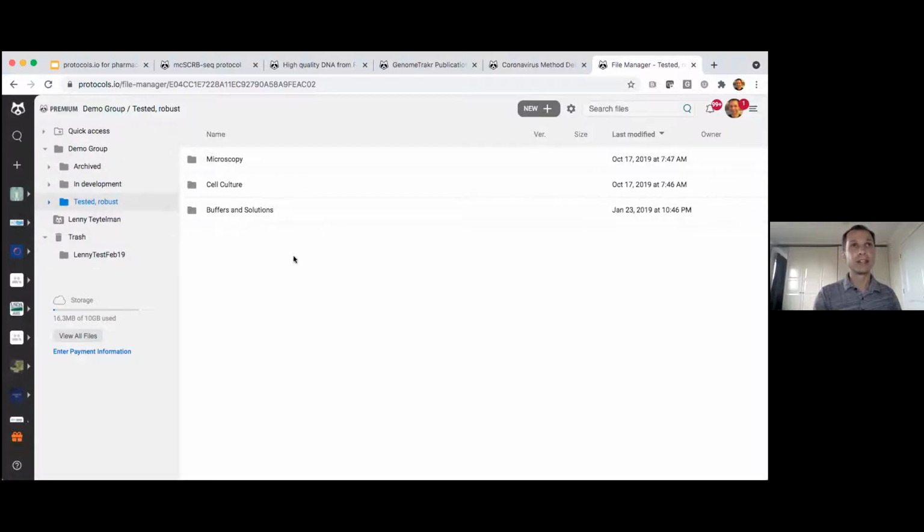And again, this is just to highlight, this is the place where you organize the protocols in a central location. You know what's where within your team. And if someone leaves, the protocol is not leaving with them or getting lost on their laptop. Whether or not the person is there, the protocol remains in the same location where you can find it. It's versioned, you know what the most recent variant of it is. And you can go back and forth between the discussions, the organization of the protocols, and the file manager view.